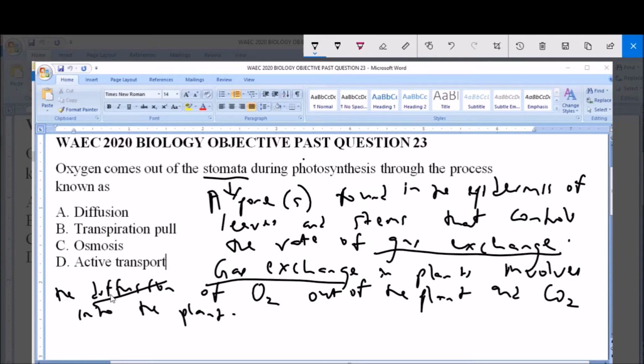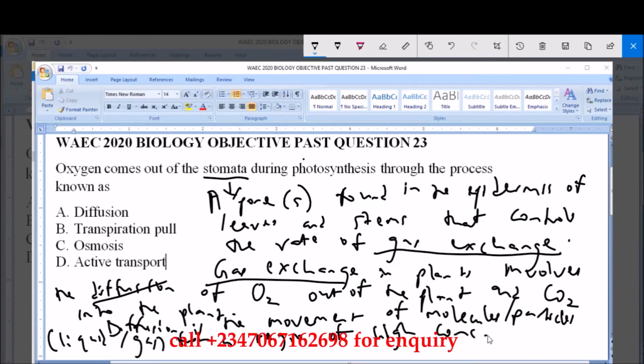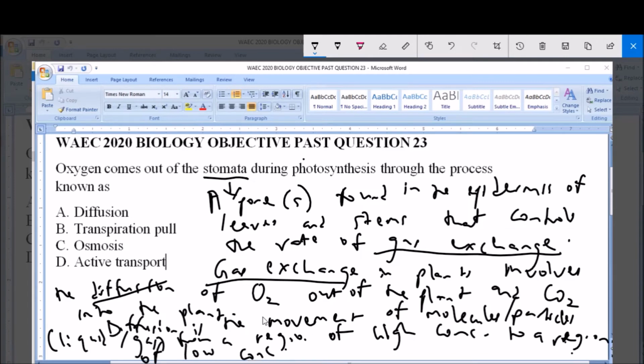Now, diffusion is the movement of molecules or particles, which are usually liquid or gas, from a region of high concentration to a region of low concentration. So this means that you have a buildup of oxygen